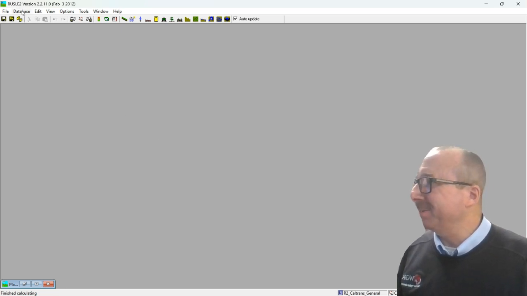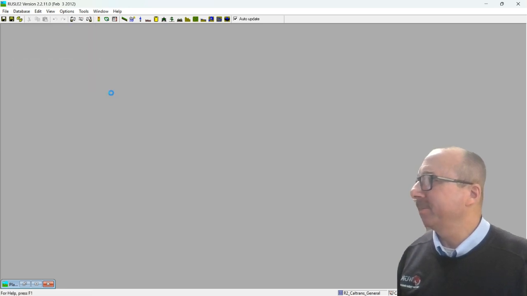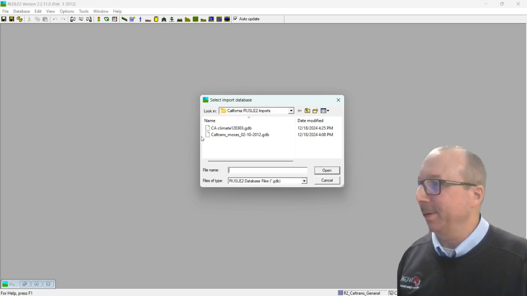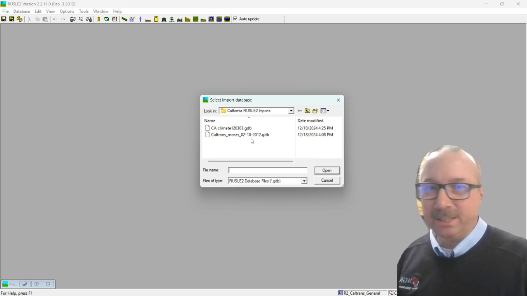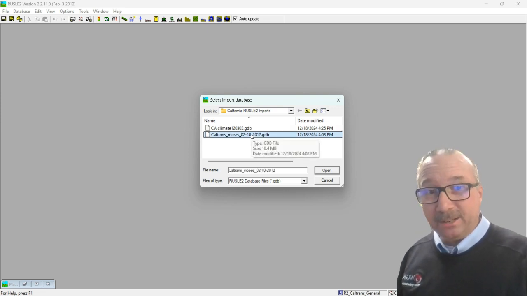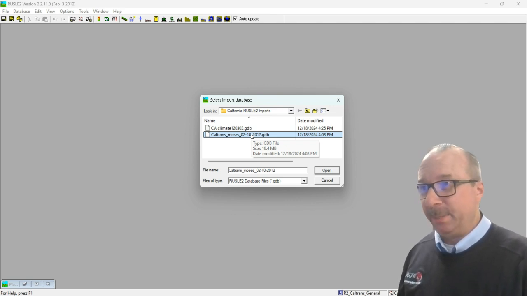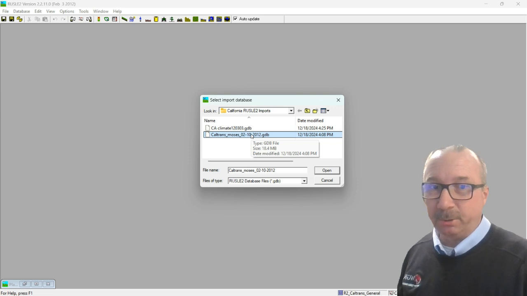Now we're going to do something that takes a little bit more effort, and we're going to go to database and import RUSLE2 database, and you guessed it, we're going to do that other file, that Caltrans Moses 0210 2012 .gdb file. What is that? Well, basically that is something Caltrans created that's bringing in to RUSLE2 the information needed to apply it for a